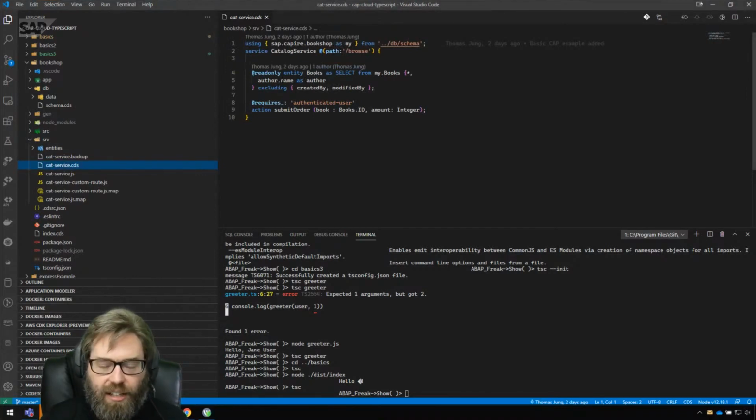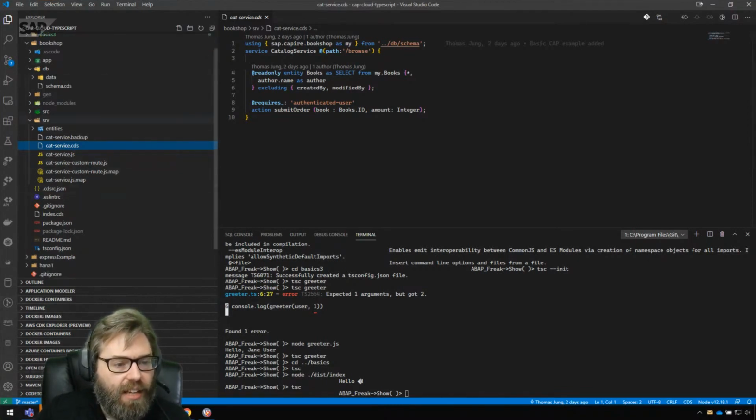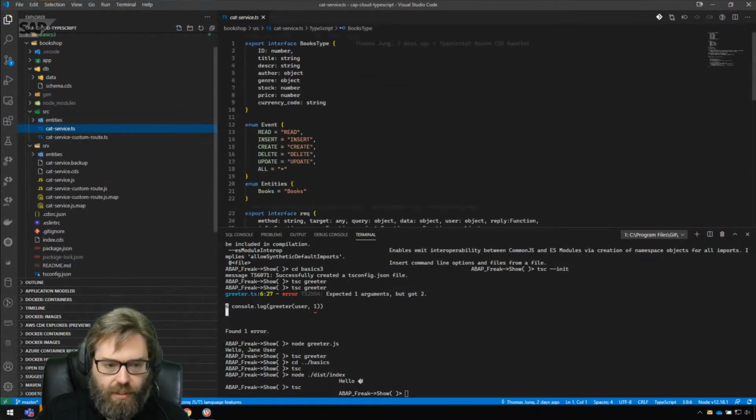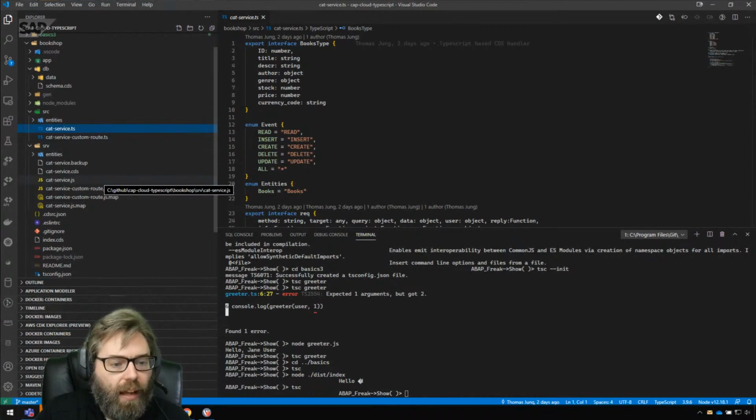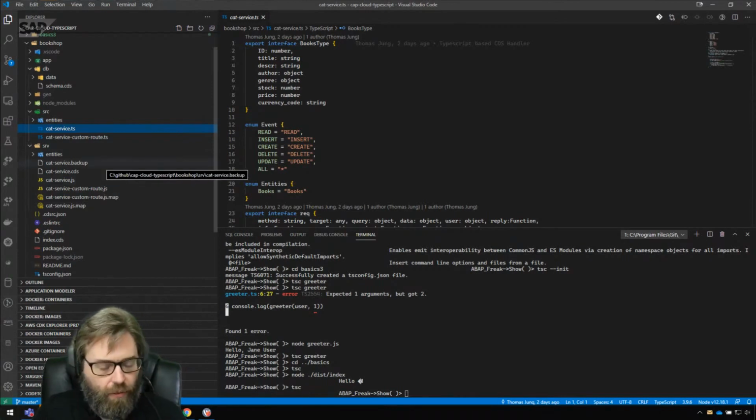And like I said, I just cut and pasted this right from the SAP samples for the CAP Cloud project in Node.js, the most simple bookshop example. But what I was interested in is I wanted to do an event handler, and I wanted to do it in TypeScript. So following the same concepts of what we've done here, if I look in my source folder, I've got a little cat service TypeScript file that I'm going to want to compile into the srv folder that then can be linked as the handler for my